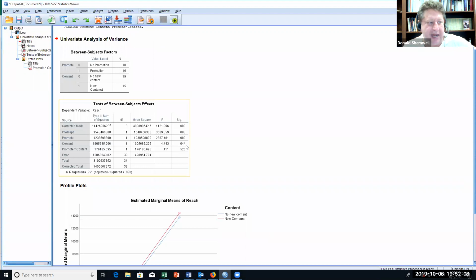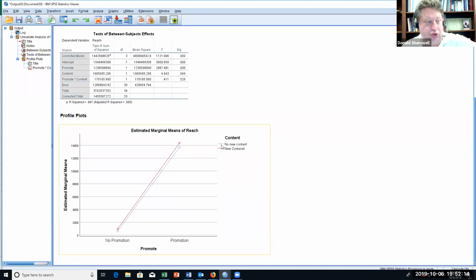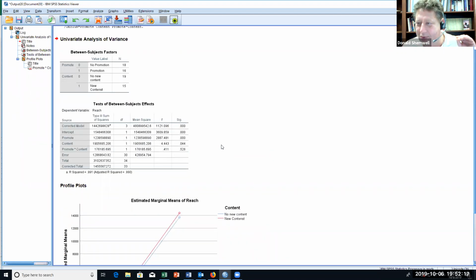Now, the key thing to look at in the output is the tests of between-subjects effects. Most of the time, whether we're running a regression or multivariate, it doesn't matter what we're doing, no matter how complicated, the key thing tends to be in this last little box here. Whether a variable has a significant effect on another variable is found here. The significance, in this case of F, if we run regression, the significance of T. And you can see that promotion has very low numbers, 0.000. The lower the number in significance of F,